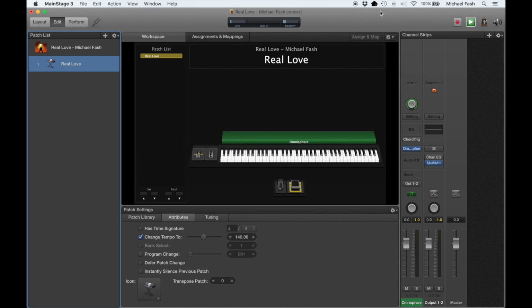Hey everybody, I made this patch in Omnisphere for the song Real Love by Hillsong Young and Free. And I made this patch to cover what I think are three of the most prominent synth parts in the song. If you're familiar with the track, you know that there are at least 8 or 10 synth parts that you could play. But I'm not an octopus and I only have 2 hands. And so I had to narrow it down, and so these are the sounds that I chose for myself